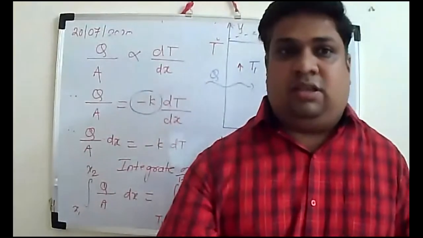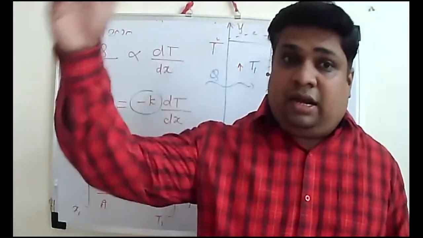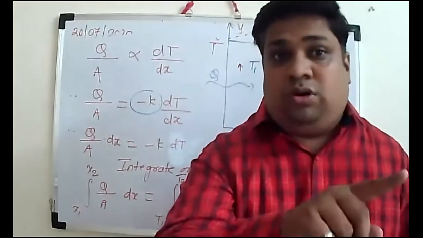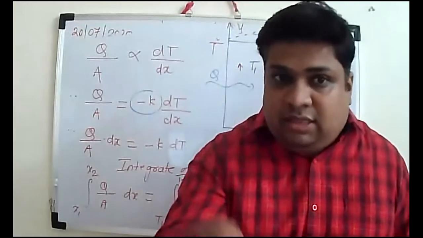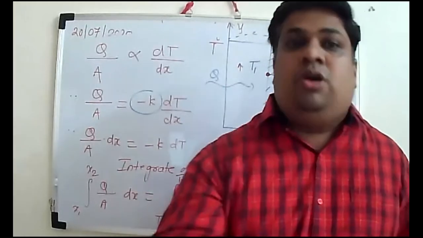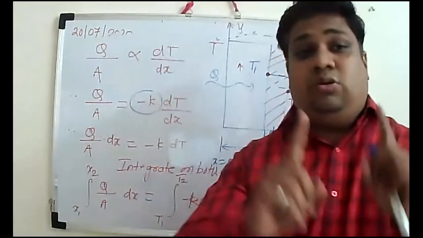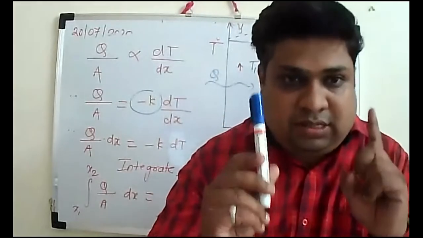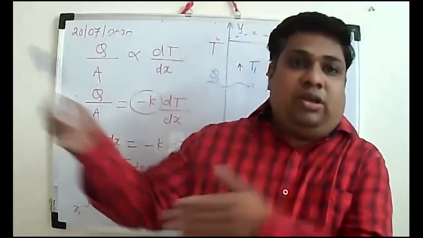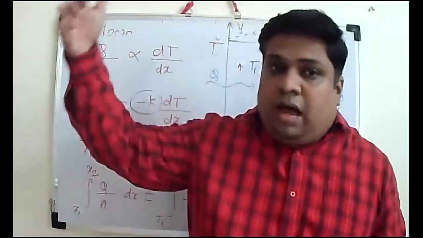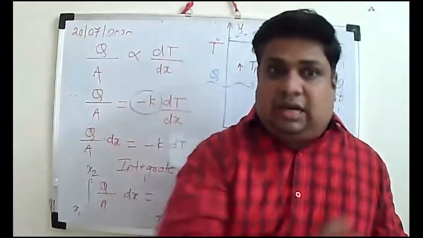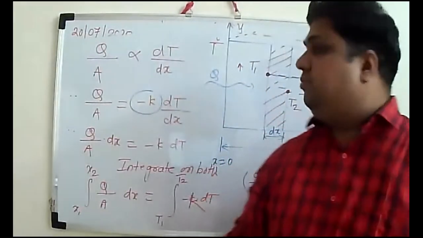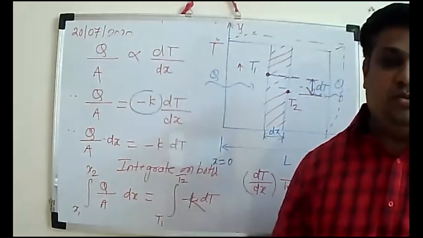Temperature is decreasing. Heat always flows from high temperature to the low temperature. And to make the quantity positive, we have to insert the negative sign. Remember, your second law of thermodynamics says that the heat always flows from high temperature to the low temperature naturally, and that's why to make the quantity positive, we have inserted the negative sign.